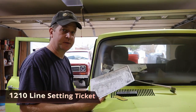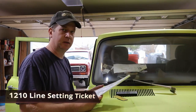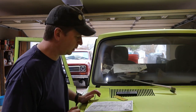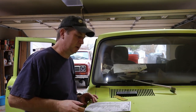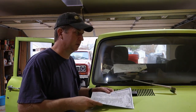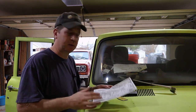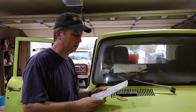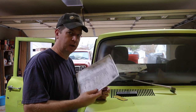So recently I requested a line setting ticket for this pickup truck. I kind of wanted to know a little bit more about it. This is really cool if you have an International vehicle, I don't know, like '50s to '80, something like that. I believe the Wisconsin Historical Society has all of the line set tickets